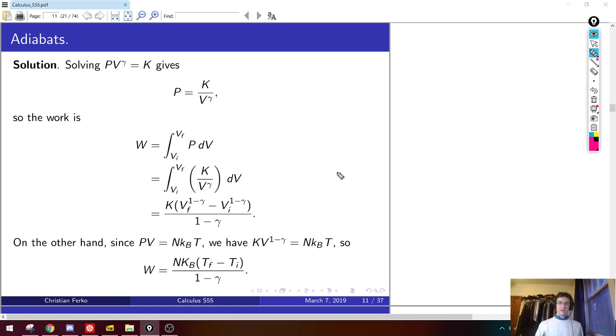Yeah. Good. So then we showed that at a particular choice of temperature, K V to the 1 minus gamma is N k_B times that choice of temperature. And then I say, okay, apply that once at the final temperature to turn this into a T_F. Apply it once with the initial to turn this into a T_I. Is that good?